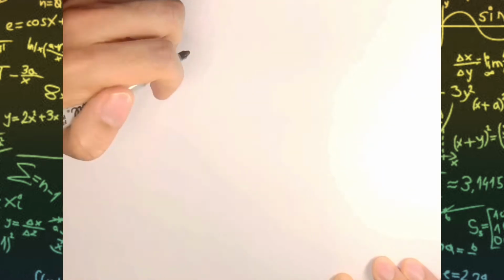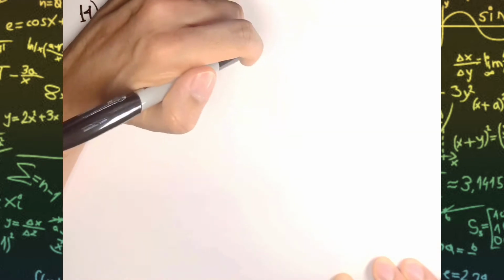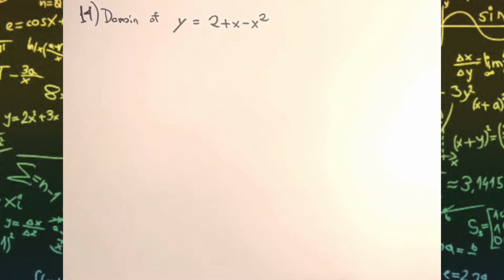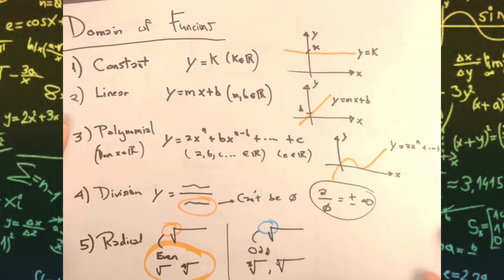Number 14 in this case is asking us to identify the domain of the following function, y equals 2 plus x minus x squared. There we go. Pretty easy one, pretty simple one, and what we're going to do is refer to our table